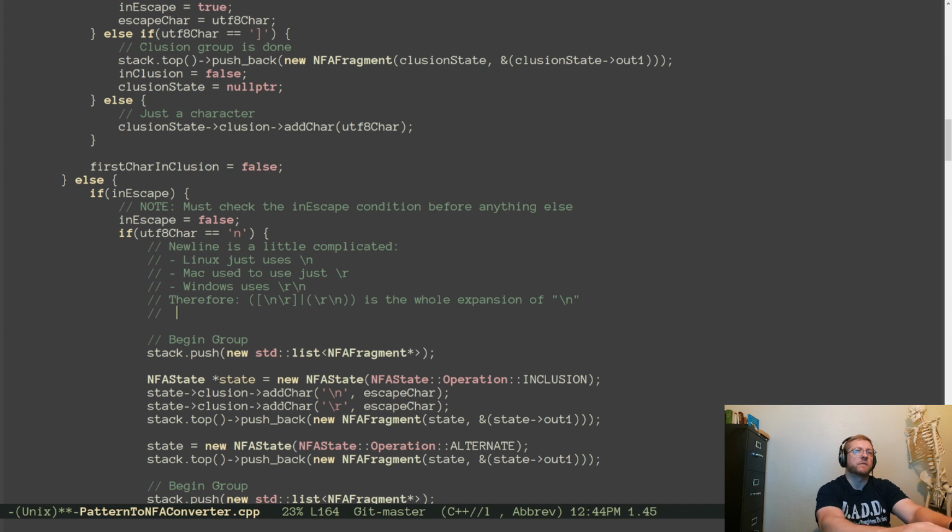If we just do the expansion a little bit differently, what if we go with \n or \r \n question mark? Is that, I mean, this should work.